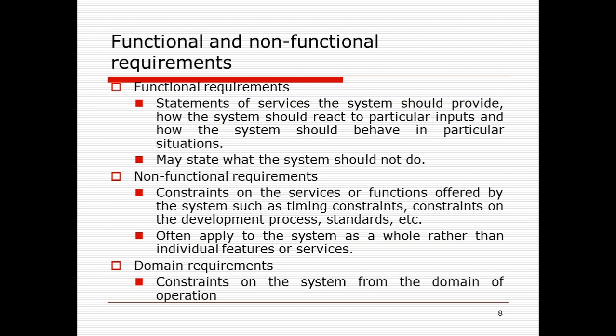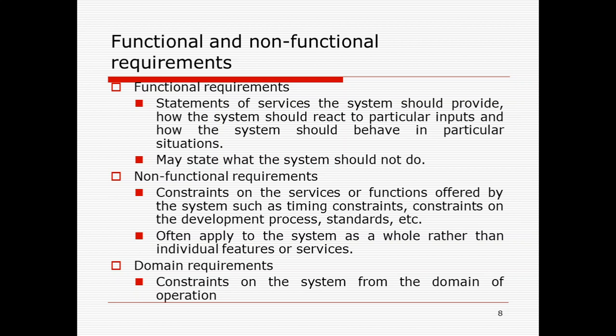Okay, domain requirements. A domain requirement is a constraint on the system from the domain of operation, that is, the particular domain in which the software needs to operate. If the domain provides certain constraints to the software system, then that is a domain requirement. Suppose in an automated car, if the road is slippery, then the maximum speed can be, say, 60. That road condition is the medium on which the car has to drive and the software has to control the car. So it is a constraint from the domain of operation.